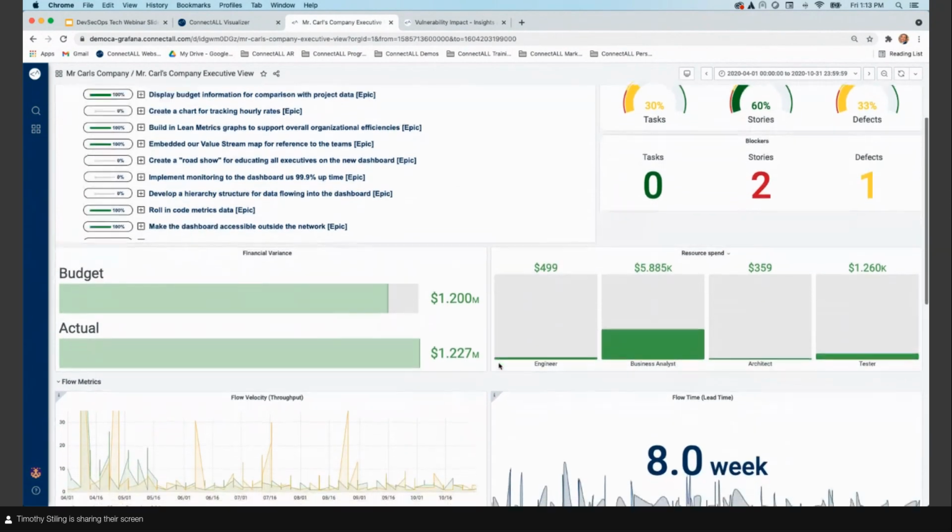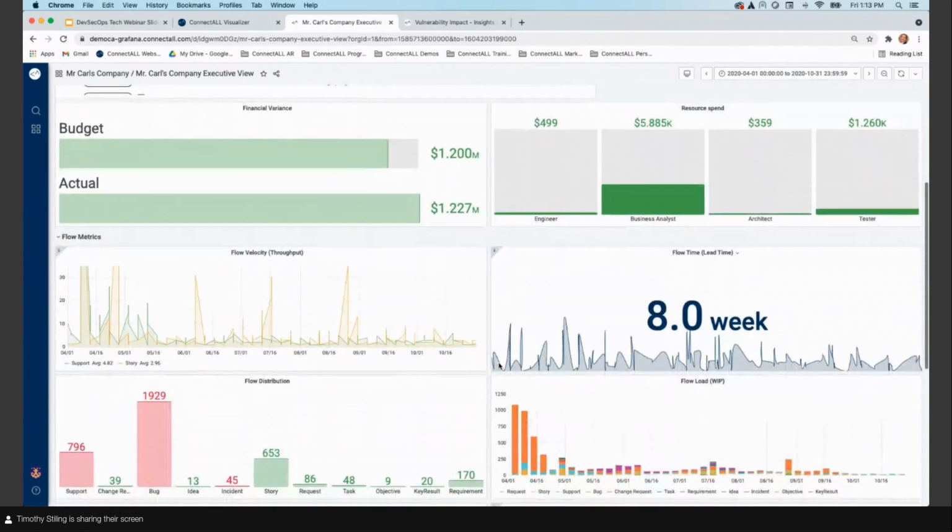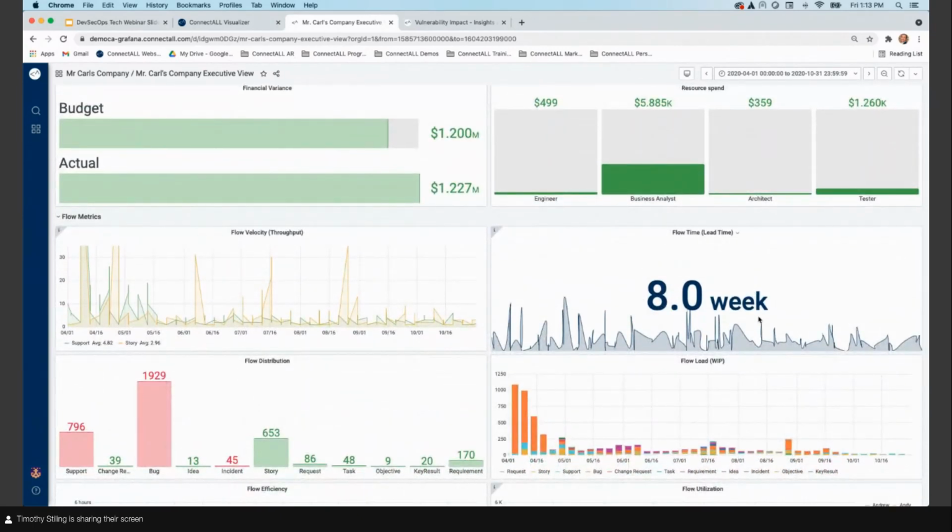So as I scroll down and I look at some of the other metrics we've got, this lead time metric really stands out to me. And I can tell my team right now, this is unacceptable. It takes us 2 months for a request to come in to be able to resolve it. That's not okay. And that's not going to enable us to meet our continuous delivery goals. And so originally,